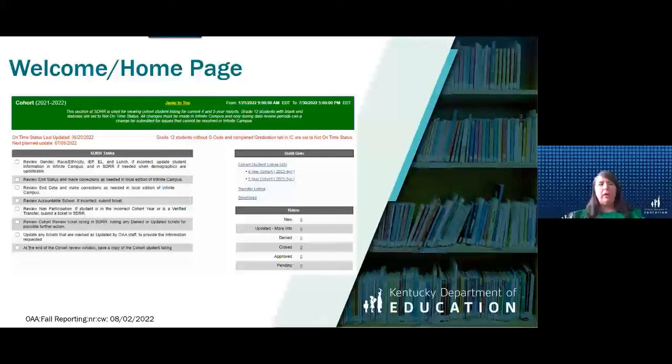You always want to look at your withdrawal codes and make any changes, and make sure your end statuses are correct in IC. Make corrections to end dates. Also review those students that are going to be accountable to you. If they're incorrect, you want to submit a ticket for that.